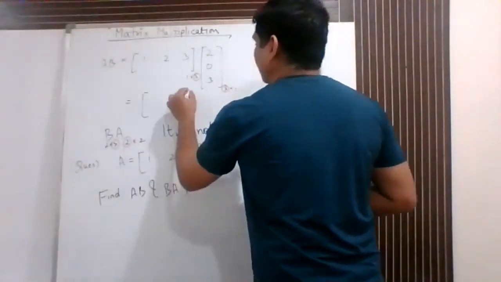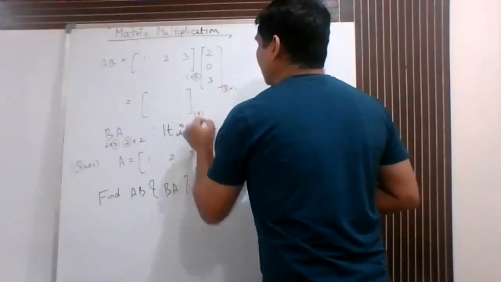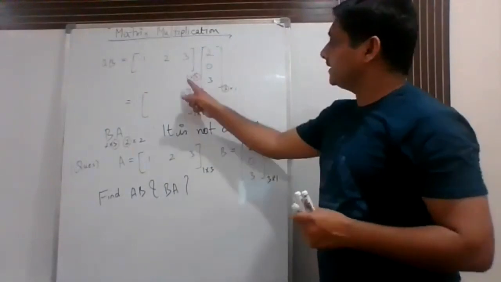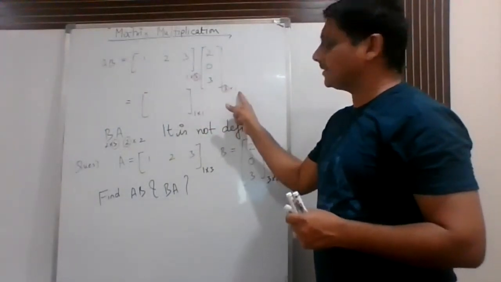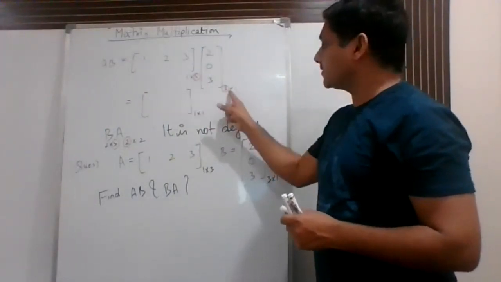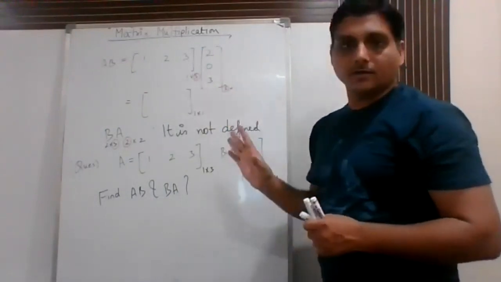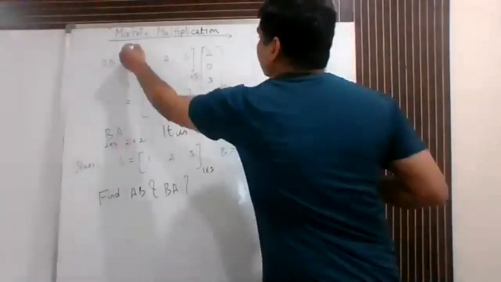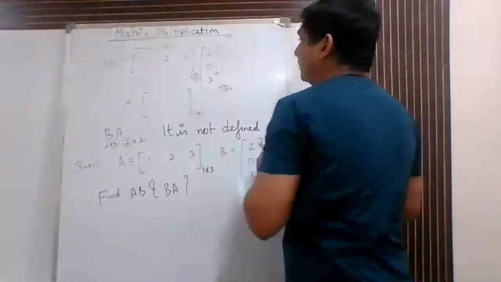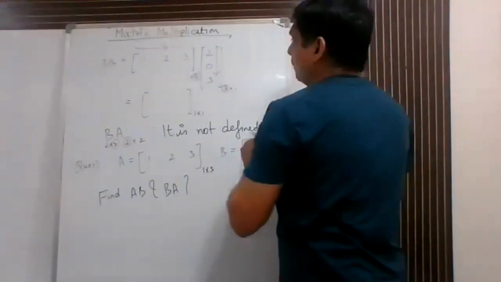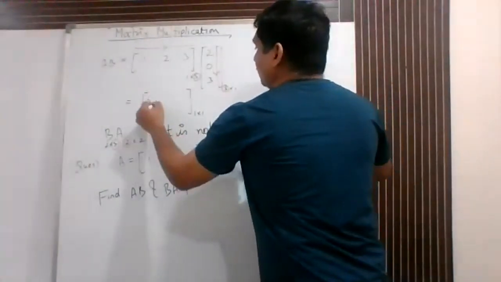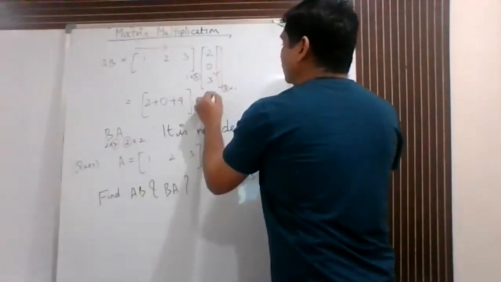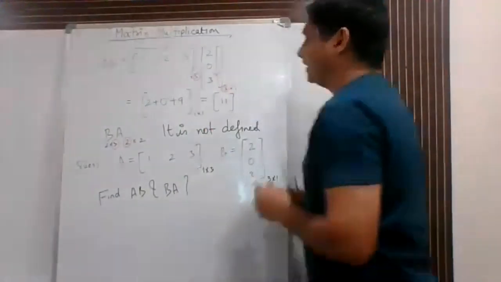Okay, now always write the orders of the matrices. So here you can see that A's order is 1 cross 3 and B's order is 3 cross 1. 3 and 3 clash. So our resultant will be of the order 1 cross 1. That is what I had written. Now just do ordinary multiplication. So horizontal and here vertical. So answer will be 1 into 2, that is 2, plus 2 into 0, 0, 3 into 3, that is 9. So after calculations, your answer will be 11.